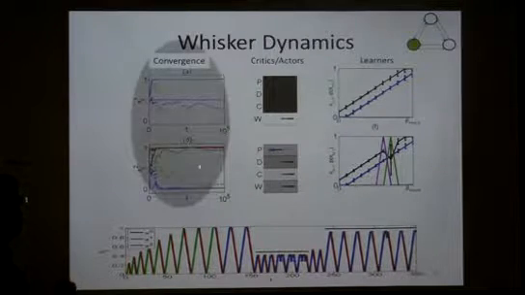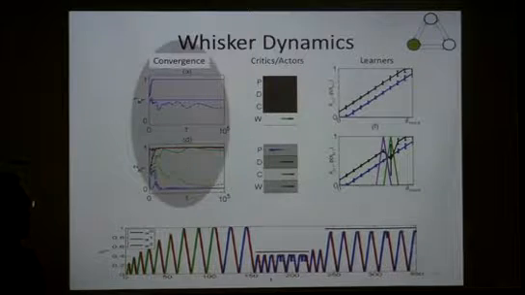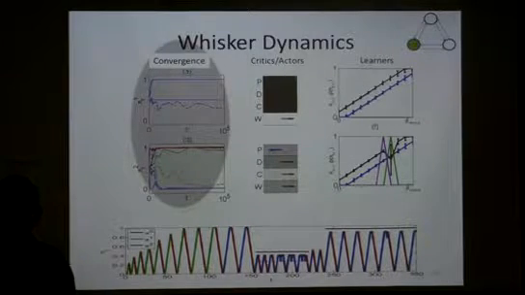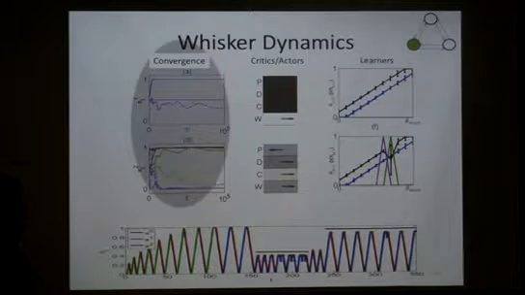As you can see here, this is the convergence. This is time, and this is the protraction probability. Because my action is binary, either protract or retract, the policy is just the probability to protract given the current state. As you can see, it converges very nicely to protracting, given the whisker angle. And if you have contact information, it also converges after a long time to a stable policy.